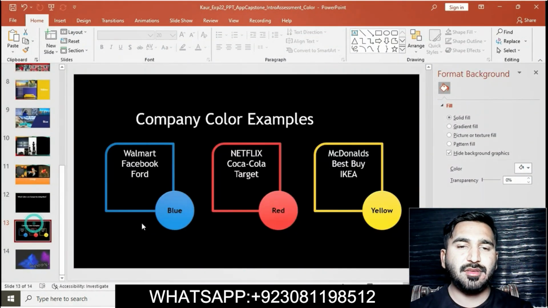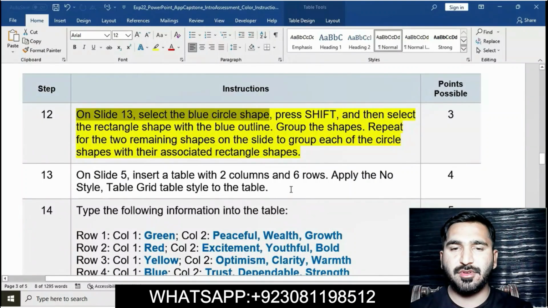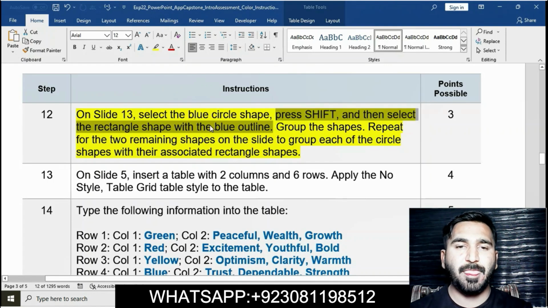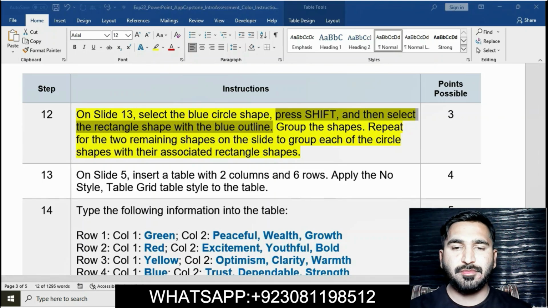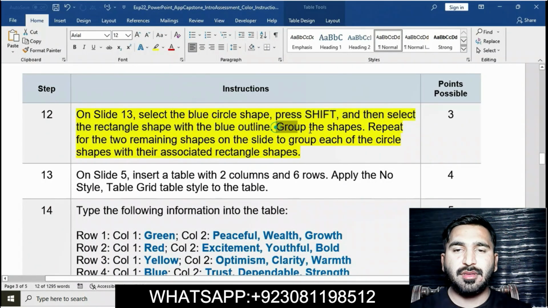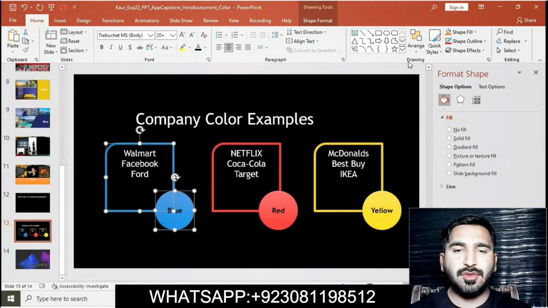Then select the rectangle shape with the blue outline. Group the shapes.